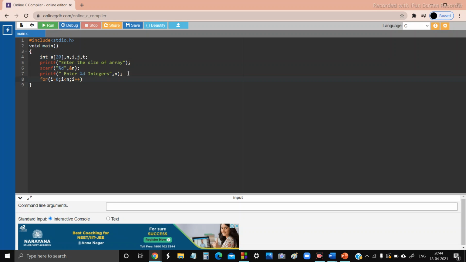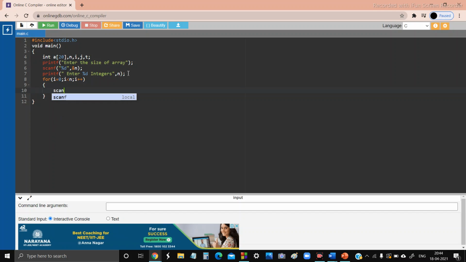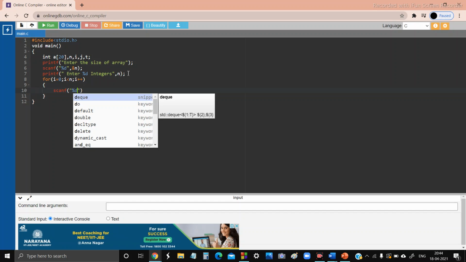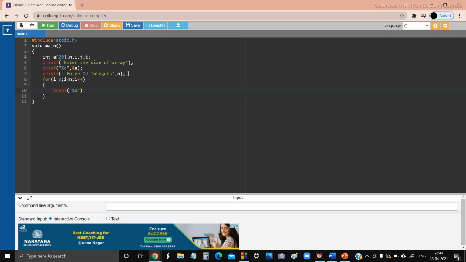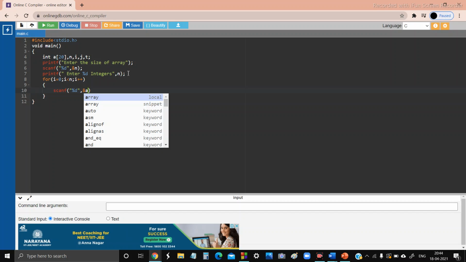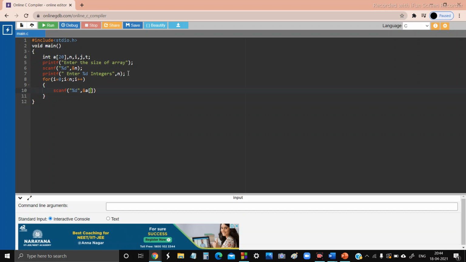If i is 1, the second element, and so on. So, we denote it like this. Scanf %d, comma, ampersand of array of i.